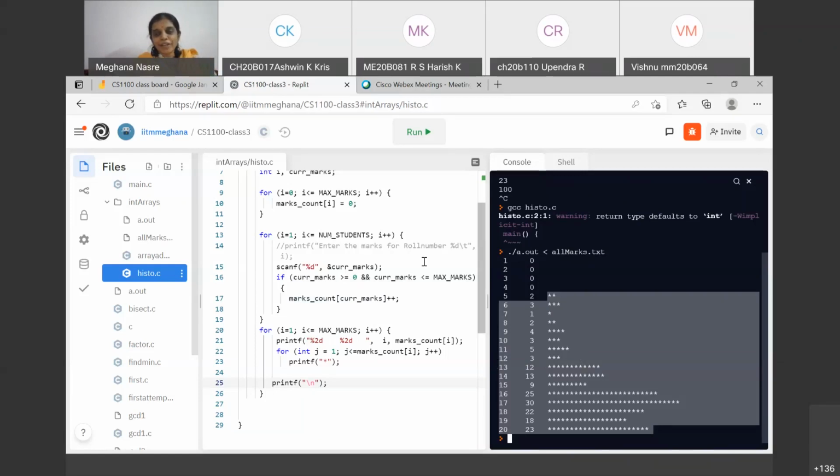Okay. So yeah, thank you for pointing it out. In fact, I have this check of if the current marks is greater than or equal to 0, and that is why it was not giving me a sec fault. So thank you to the student who has pointed this out to me. The student has suggested, can you run the program without this check being done? Sure, we should do that, and then we will see that it will actually sec fault. Yeah, so I was wondering why it is not giving a sec fault. Thank you for whoever pointed it out.